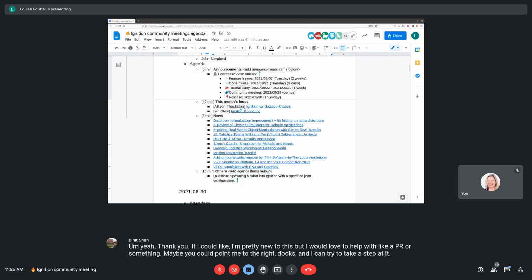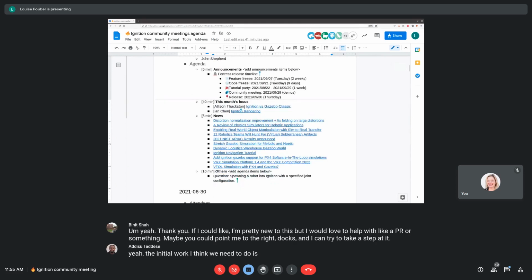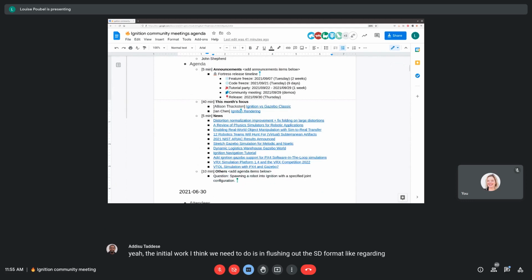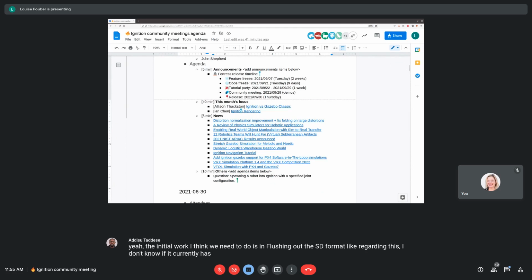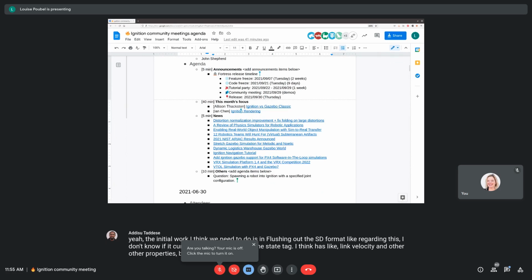Yeah, the initial work I think we need to do is fleshing out the SDFormat spec regarding this. I don't know if it currently has it. In the state tag, I think it has link velocity and other properties, but I don't know if it has joint angles.